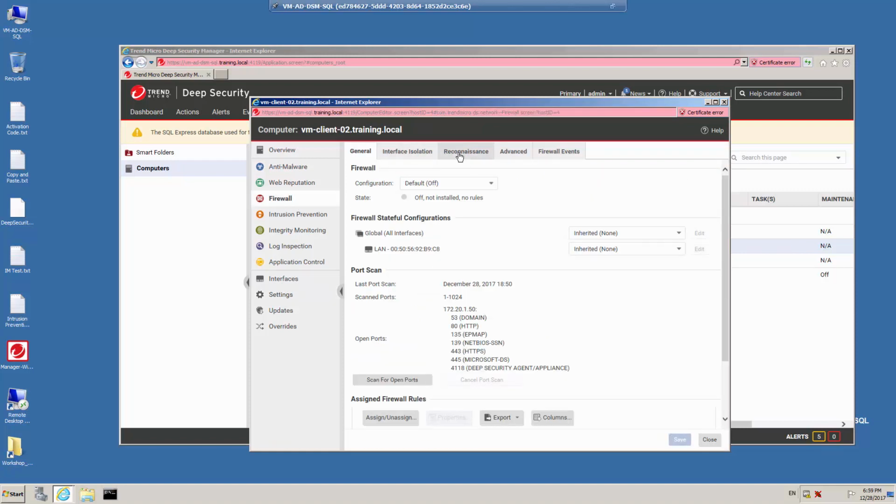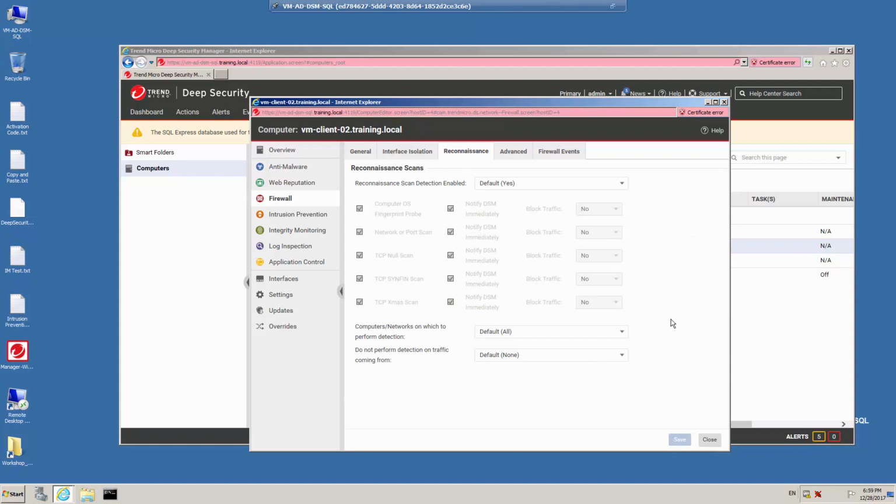Under Firewall, on the Reconnaissance Scan, in this step, you can set up the driver to detect possible reconnaissance scans that attackers often use to discover weaknesses before beginning a targeted attack. Set the reconnaissance scan detection to Yes, and then for each of the different types of reconnaissance scans, you can indicate a time period to block traffic. For example, if an operating system fingerprint probe is attempted against this computer, the Deep Security agent will block traffic for 5 minutes. And finally, the stateful configuration